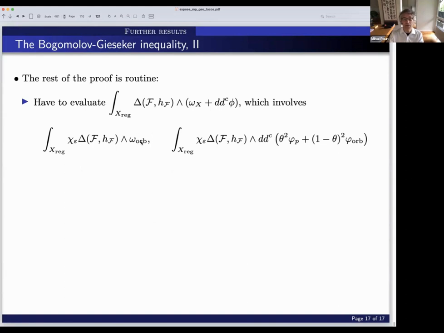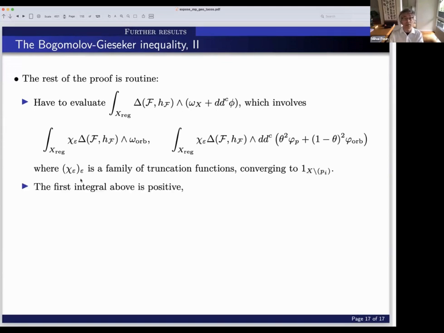In this one I insert my orbifold metric, and the second one would be this (2,2)-form wedge dd^c of the potential of the orbifold metric. This χ_ε is a cutoff function converging to the identity function of X minus the bad set. Now this integral is positive, as we know from the usual differential geometry calculations,